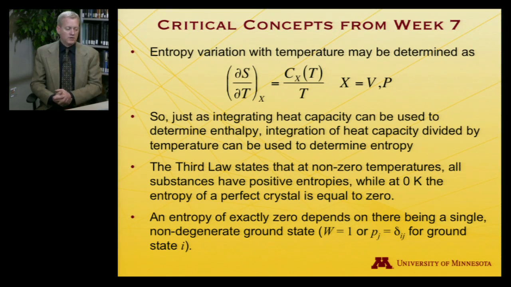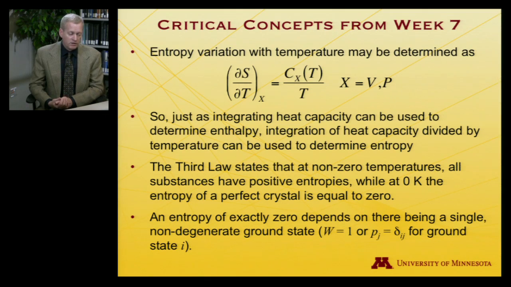The third law of thermodynamics says that at non-zero temperatures, all substances have positive entropies. At 0 Kelvin, the entropy of a perfect crystal is equal to 0. An entropy of exactly 0 depends on there being a single non-degenerate ground state. So if the ground state has some degeneracy, you still might be very, very small, but it won't be exactly 0. Exactly 0 requires a non-degenerate ground state, for which case W, the measure of disorder, is equal to 1,